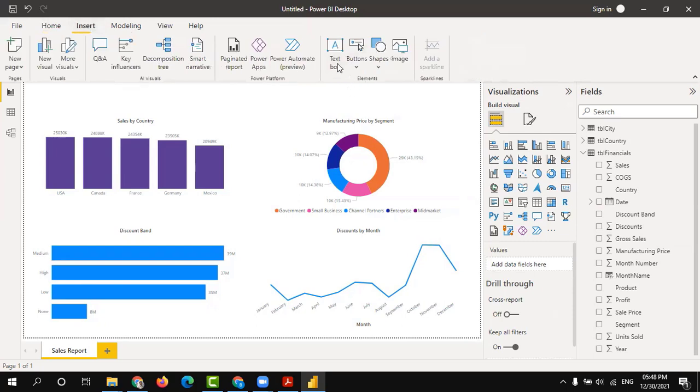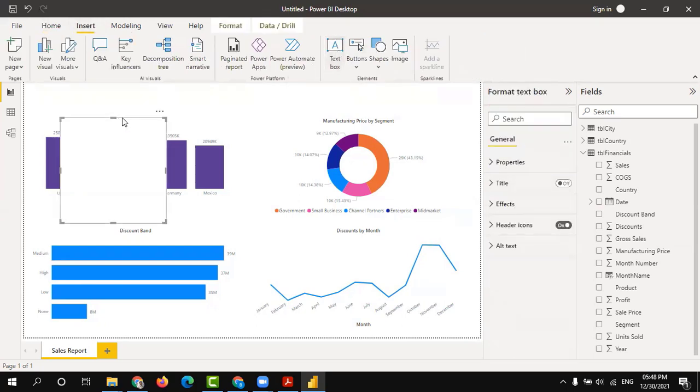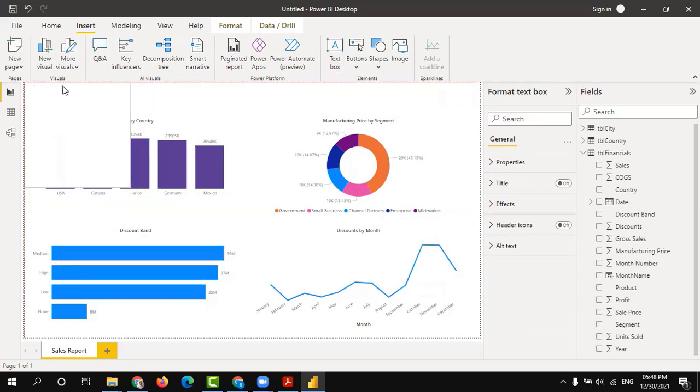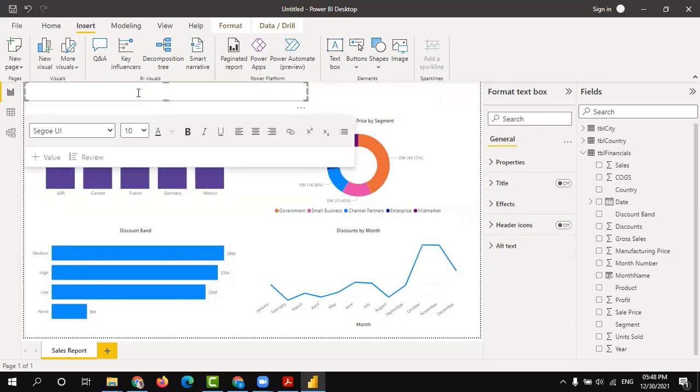I need to give a proper name to my dashboard. Go to insert and take a text box. And align properly. I'm going to write sales report of BBC company. You can increase the font size.